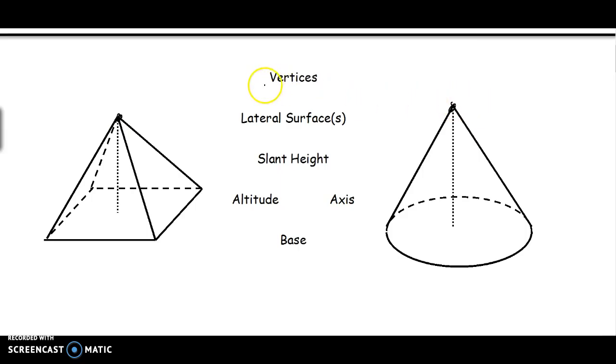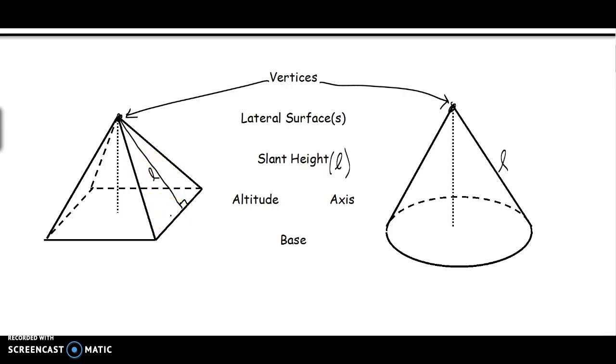Okay, and this point here is called the vertex. It's where all these sides come up to a point. The lateral surfaces, again, are the sides that make up the figure, not the bases. One new word is called slant height. Slant height is represented by a lowercase cursive L, and that is the curved side of the cone, or on the pyramid, you draw a line down one of the lateral surfaces that creates a 90-degree angle,